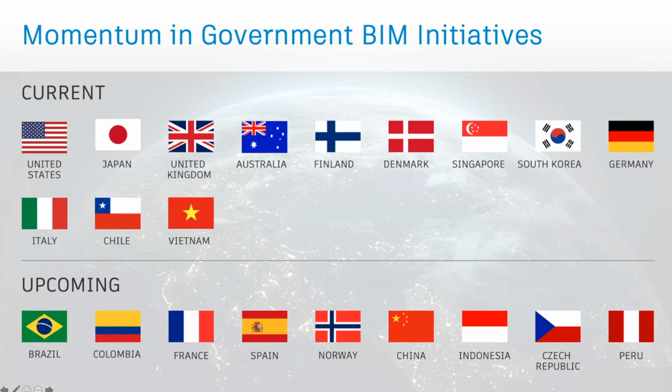The US doesn't have a government mandate, as you know, but the UK does, as does Korea, as does Singapore. And so people in countries are at different levels of BIM maturity, but it's definitely improving, and it's definitely being adopted rapidly. Japan was the most recent one to come on board in terms of adopting a standard.